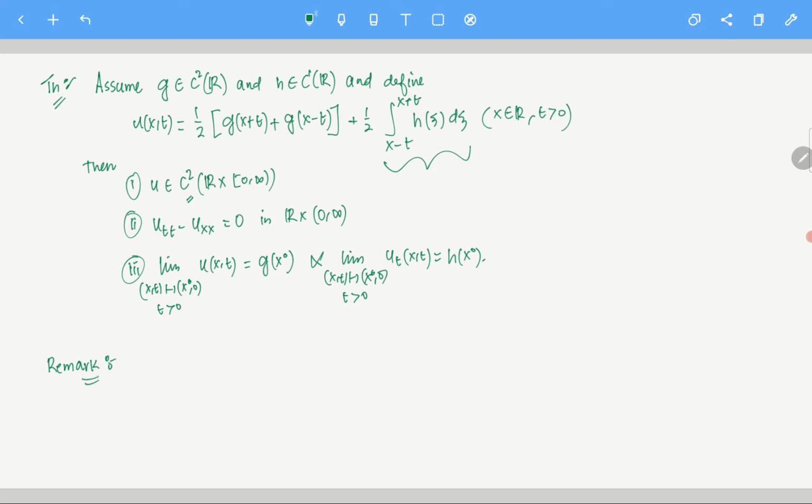As you know, in contrast with a Laplace or a heat equation, here the solution of a homogeneous wave equation is given by